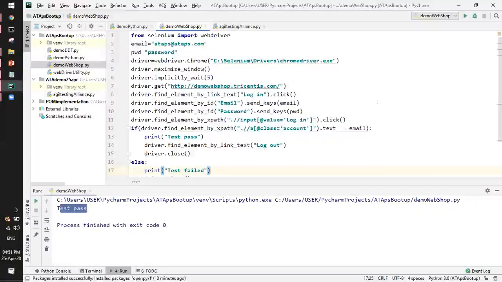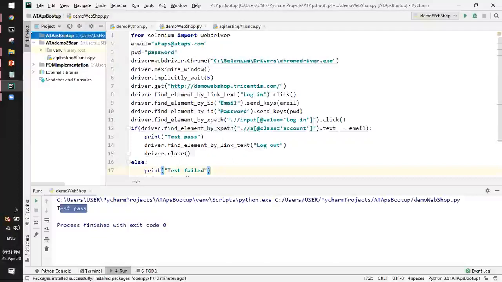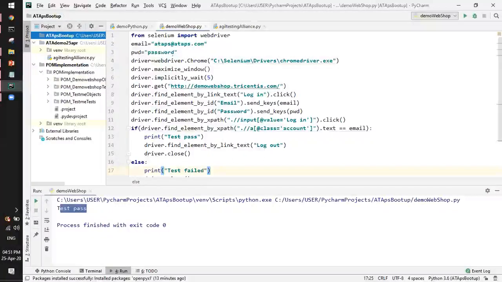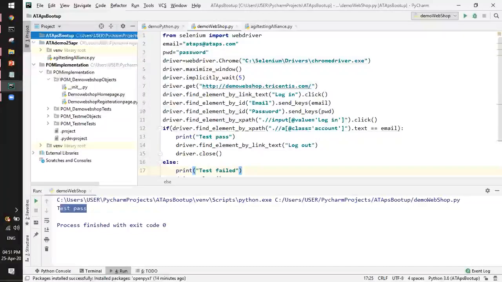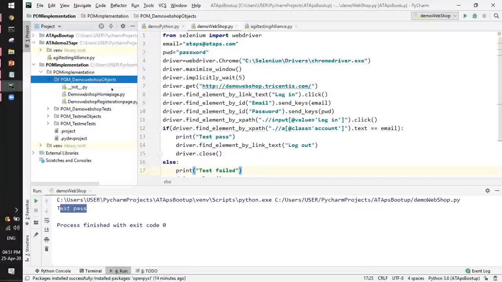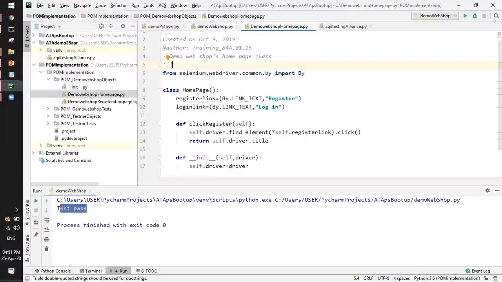Now another topic for today was to explain about frameworks. I chose the POM framework as the best way that everyone will understand. With the POM framework, I create the page objects for each individual page in a single directory. For example, these POM objects I'm creating are for the home page. So I'm using a homepage function here.